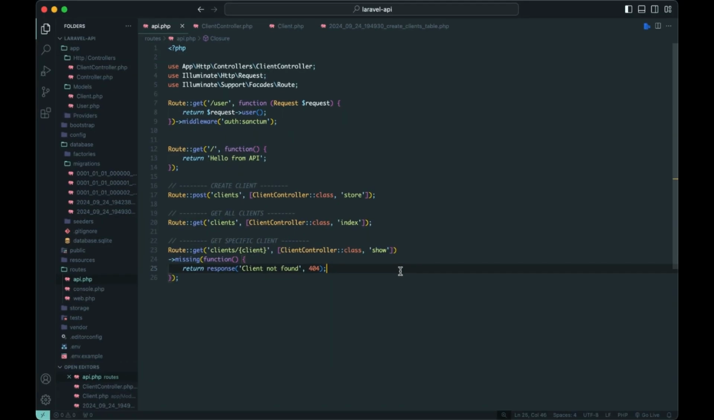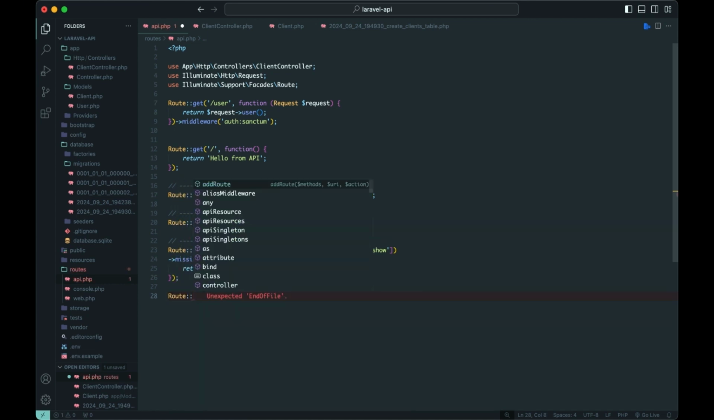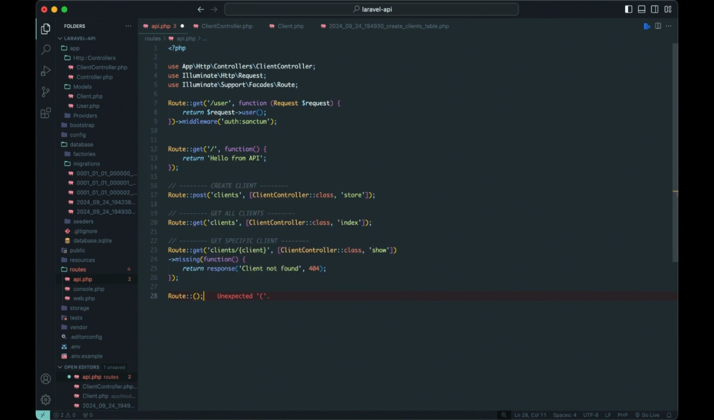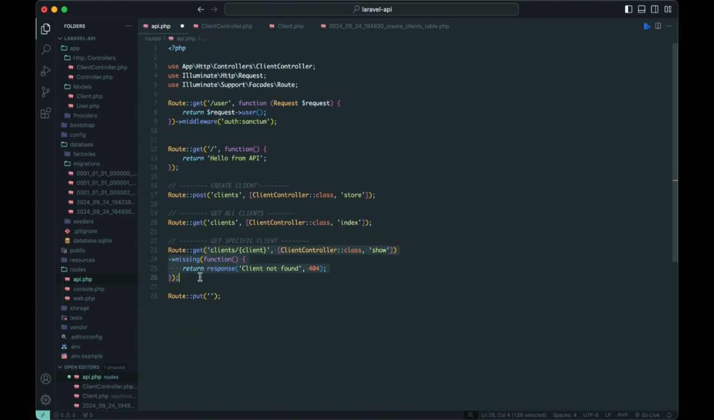To update our client, we can do it by editing all the information at once or only specific fields. So let's do both of them. Let's begin with the route to update all the data. So we're going to receive the put method, and we can copy the one of the specific client here, and let's name it